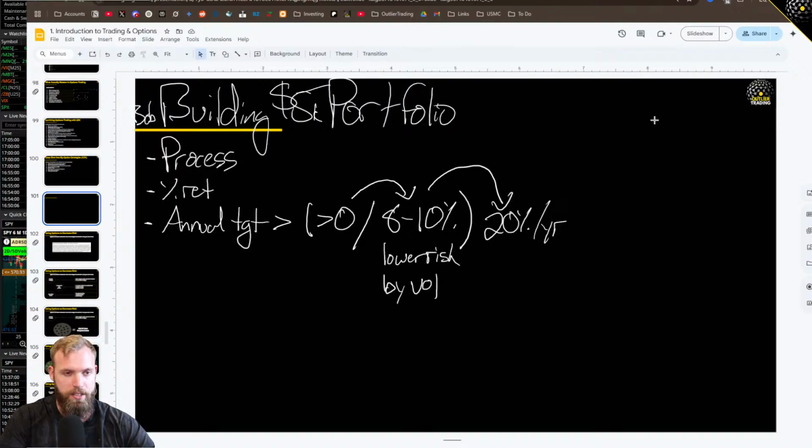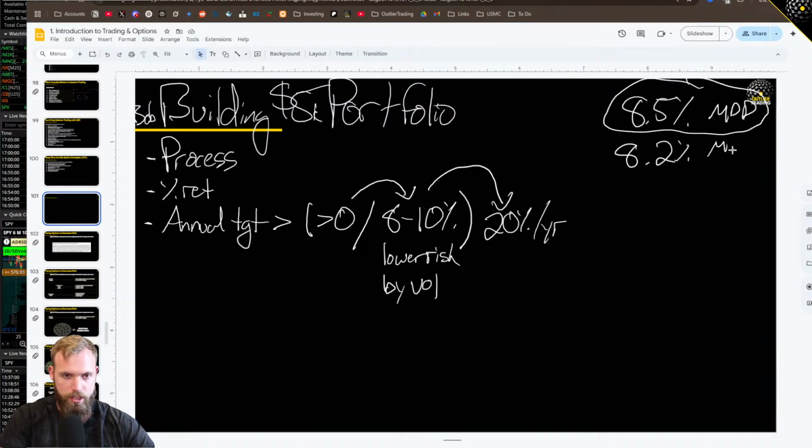So what I mean by this is, if the stock market returns 8.5% in a year, however, you return 8.2%, I wouldn't inherently consider this a miss. I would then ask, what was the max drawdown of this version versus this version, which gives me a simple risk-adjusted performance metric. You could use Sharpe, Sortino, whatever makes you happy. This is just essentially a very base version, but it gives us super important context, because if we do this,